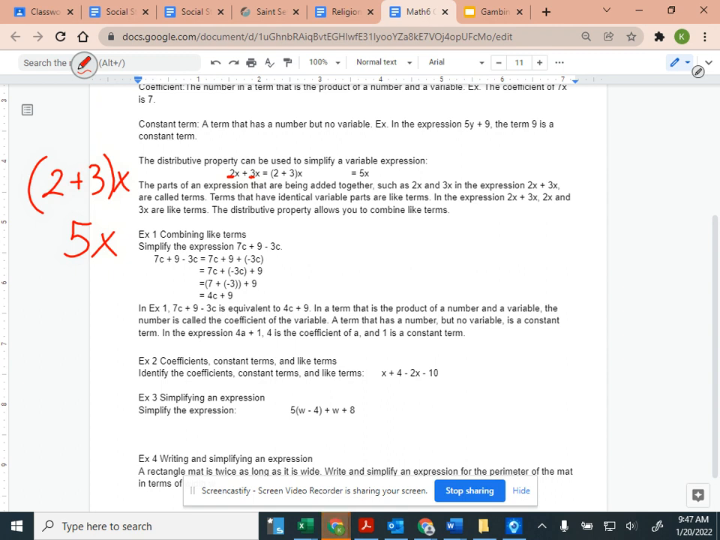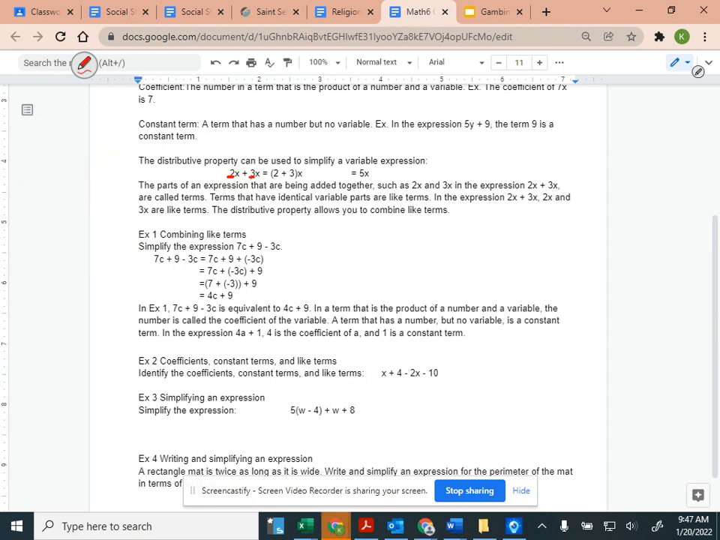The parts of an expression that are being added together, such as 2x and 3x in the expression 2x plus 3x, are called terms. Terms that have identical variable parts are like terms. In the expression 2x plus 3x, 2x and 3x are like terms. The distributive property allows you to combine the like terms. So let's look at